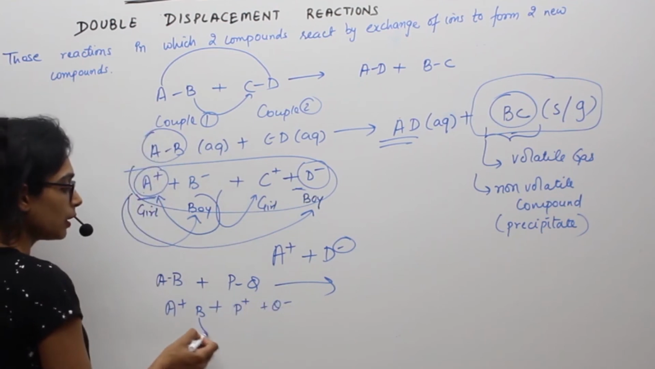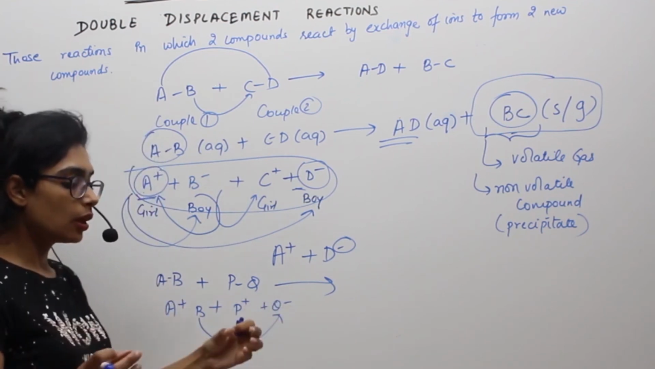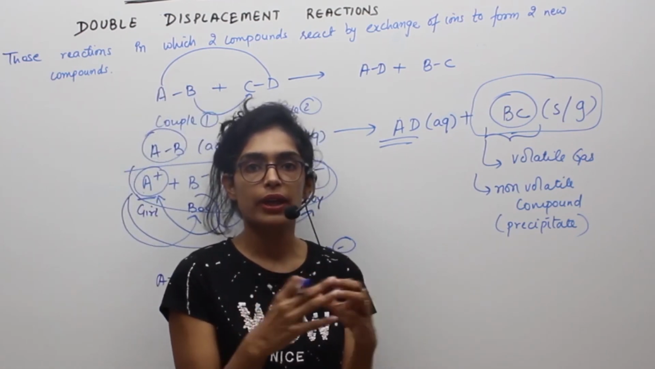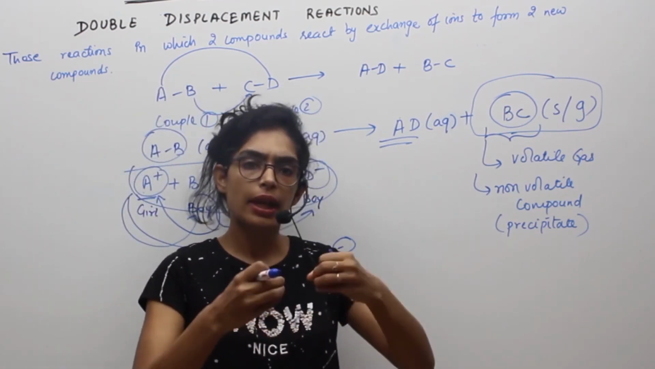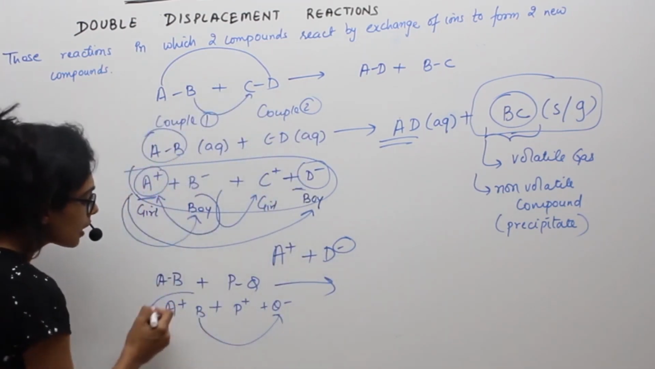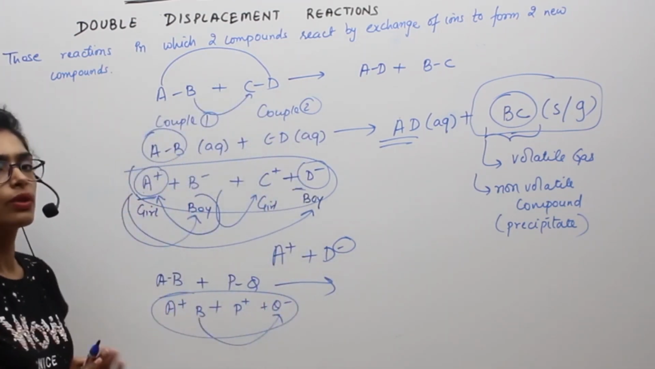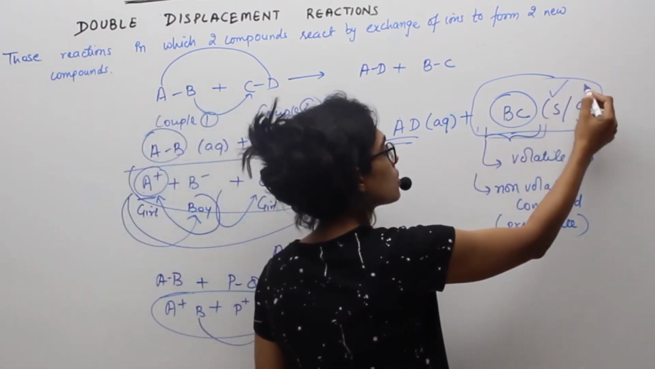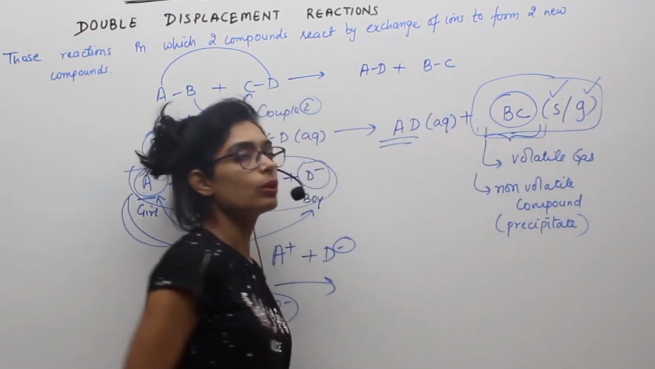But B, on reaction with Q, couldn't bond very nicely or strongly, and hence again split into its respective ions in the solution. So they will just remain like this. No reaction will take place. Reaction will take place only when they bond strongly, will form either solid or gas, and then only the displacement